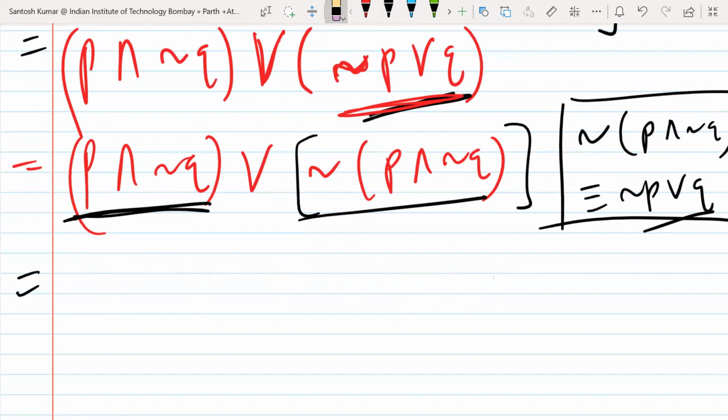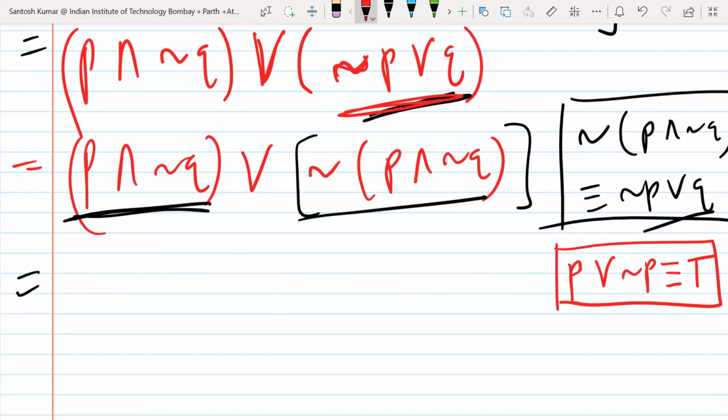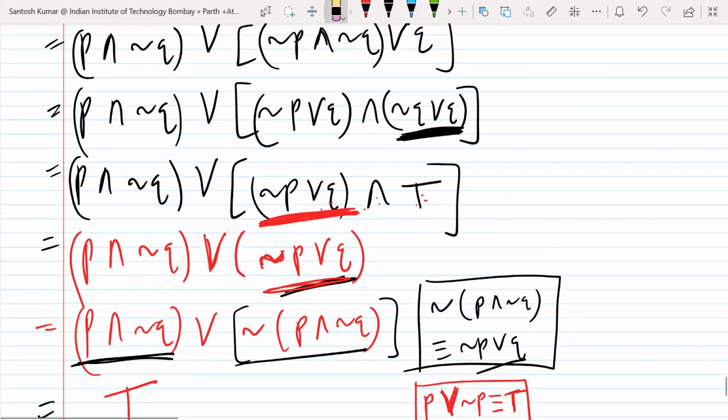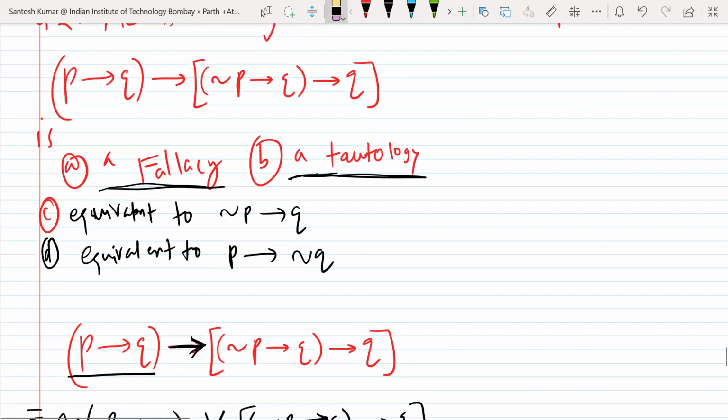Because it's the negation of the first, if the first one is false, then the other one is going to be true. So we have a formula that P or not P is always equivalent to what? True. Why? Because one is true and the other is false, connected by or, so true or false is always going to be true. Either one is true, so the final is true. So whatever choices you have for P and Q, this statement is always going to be true. And always true means what? Which option is correct? Tell me.